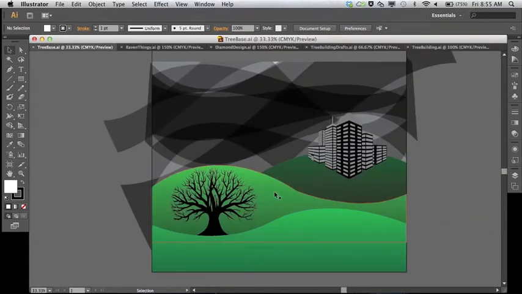The hills I just pinned out with the gradients. The clouds are a bit trickier. I spent some time trying to figure out how I was going to do them, and they're not really how I wanted them to look, but they turned out nice. I watched a tutorial that I was trying to do for a long time about how to make a fog thing with the symbol brush, but it just never looked how I wanted it to, or how it looked in the tutorial. So eventually I just made a bunch of black rectangles, then used the